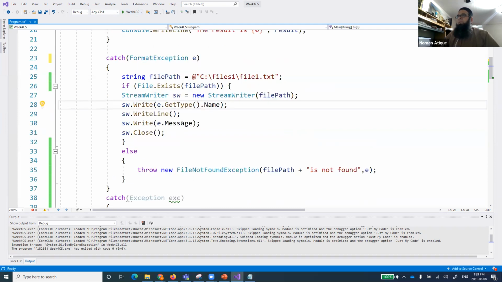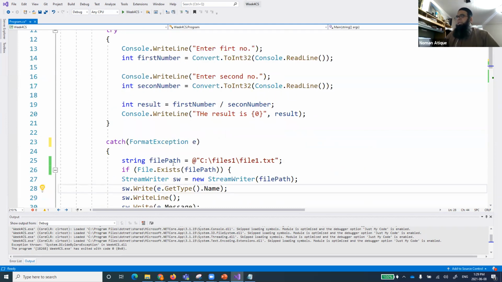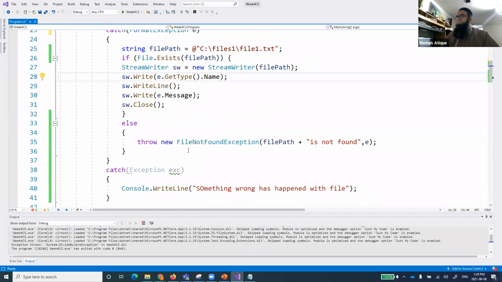Anyhow, when we run that one, it comes into this format exception, and again, if it does not find this file, it throws this file not found exception. This file not found exception is caught inside here in this exception, and then it says that something wrong has happened with that file. Now, what is the concept of the inner exception?